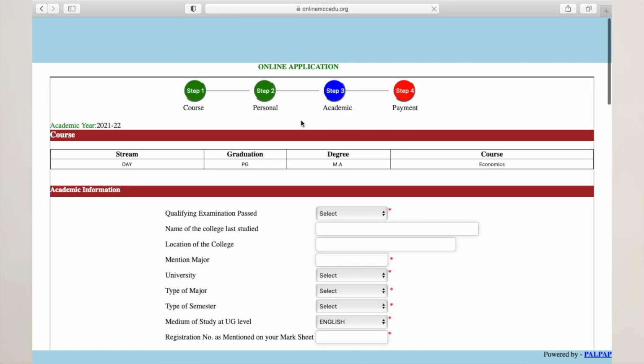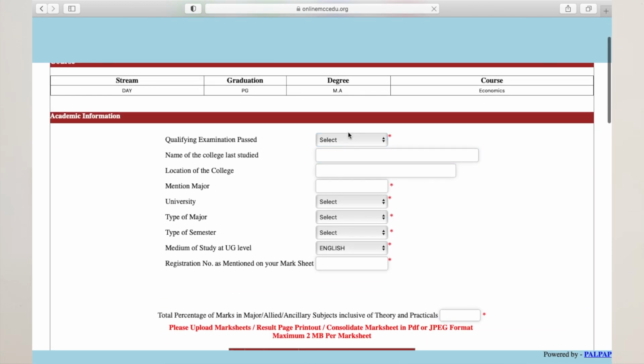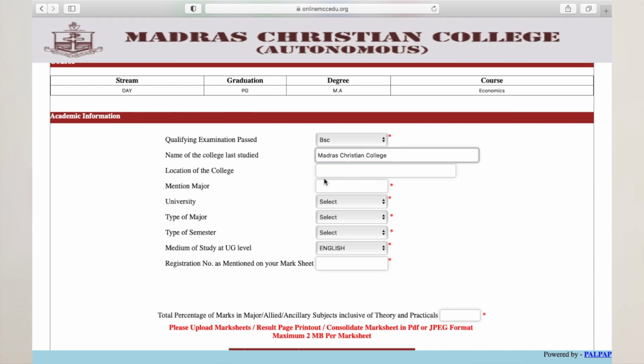Then you have to give your academic details. Qualifying examination passed: BSc, BA, BCom, BCA, BSW, BBA, others. So for example, BSc. Name of your college, then the location of your college, mention your major, like your degree name. Like I'm studying BSc Visual Communication, so my major is Visual Communication.